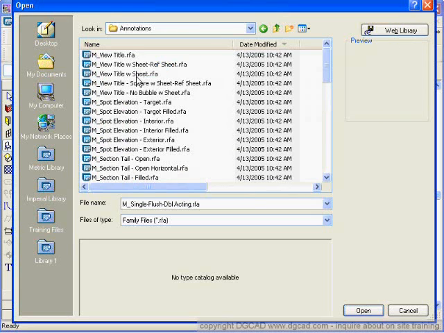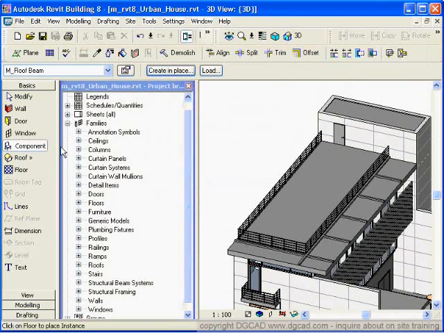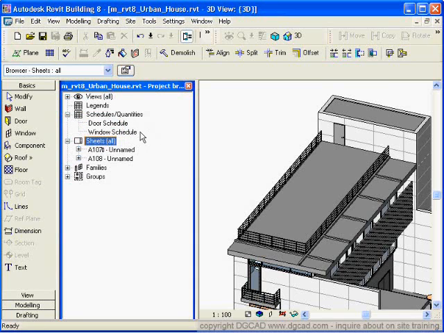Go back up one, annotation objects. Okay, so we can go in and we can load different components, and those components will then show up in our families folder. Sheets we saw a little bit of. We can go new sheet and we create our sheets, which is inevitably what we're publishing. We've got schedules, which get their own little folder inside of here. As you create your schedules, you drag them to your sheets, and then